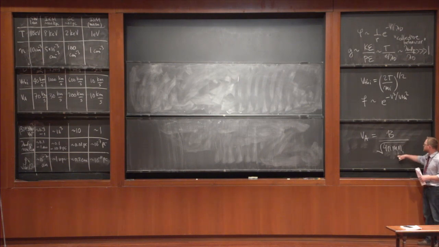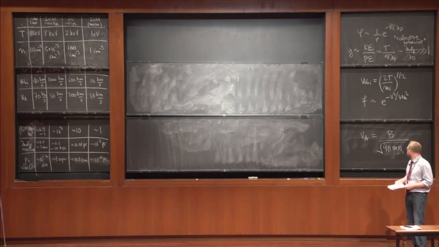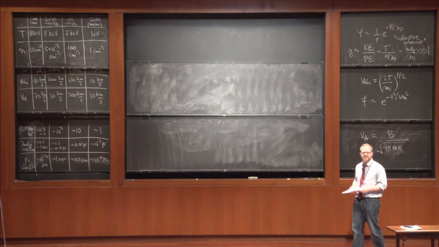Doesn't matter. I mean, we'll come back to this, but technically here, the Alfvén speed is usually defined in terms of the total mass density of the plasma. But if you have ions and electrons, the mass of the ion is 2,000 times the mass of the electron. And so the mass density is usually dominated by the ions, which are the inertia-bearing species. So that's why this is there. I was just lazy when I didn't put the I's, yeah.